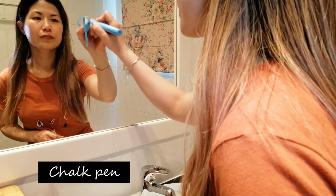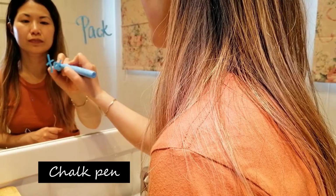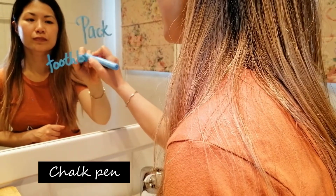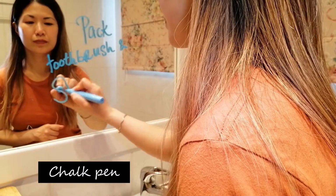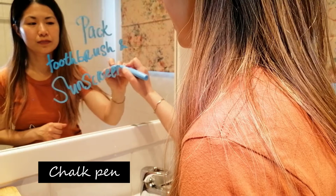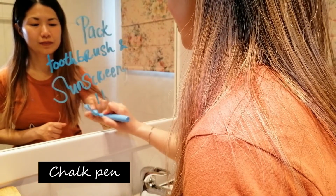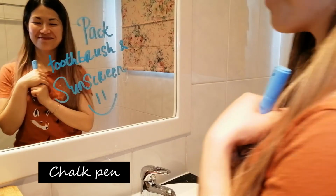I often like to use the chalk pens to write reminders for myself that I need first thing in the morning. This is especially useful for travel. I don't know about you, but I always find first thing in the morning quite a hectic time because you've just woken up, you may have been sleep deprived, you feel a little bit fuzzy in your brain, the coffee hasn't quite worked yet, and you're in a rush and you're feeling quite anxious because, say, the child might be crying or we can't wake them up or whatever it is. So I find that writing reminders for myself on my bathroom mirror is really hard to miss,